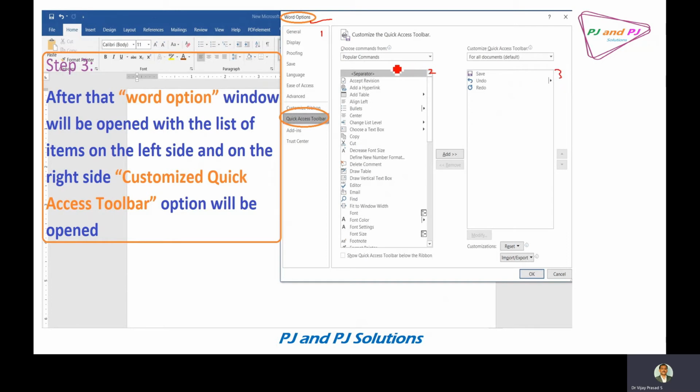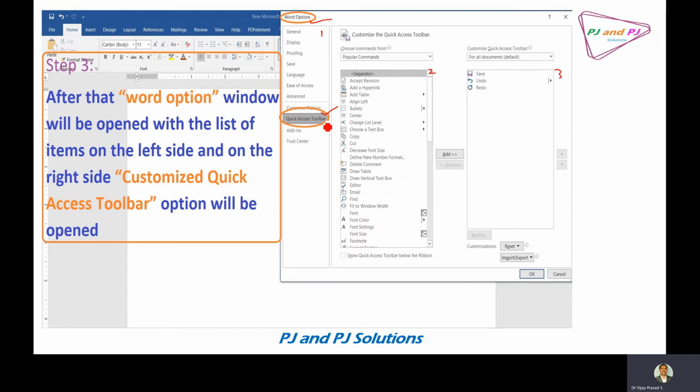On the left-hand side, you are able to find some items, including the Quick Access Toolbar. This is what we want to open. We need not do anything in step 3. Just observe how it is. Are you able to find the Quick Access Toolbar or not?